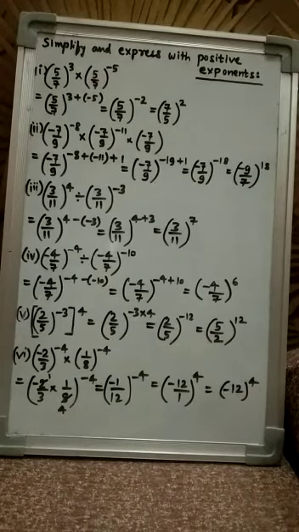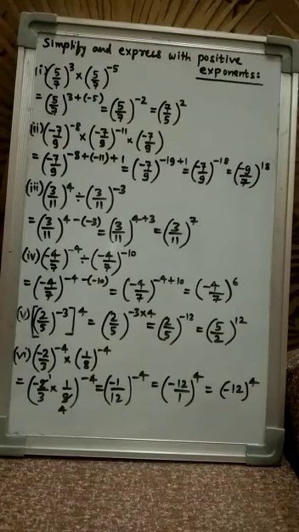Next, whenever there is same base and it is in divide, then according to the law of exponents the powers are subtracted. So here 3 by 11 raised to the power 4 divided by 3 by 11 raised to the power minus 3. So these powers will subtract: 4 minus, and the negative power is minus 3. So 4 minus minus becomes plus, 4 plus 3, which is equal to 7. So overall the answer is 3 by 11 raised to the power positive 7.